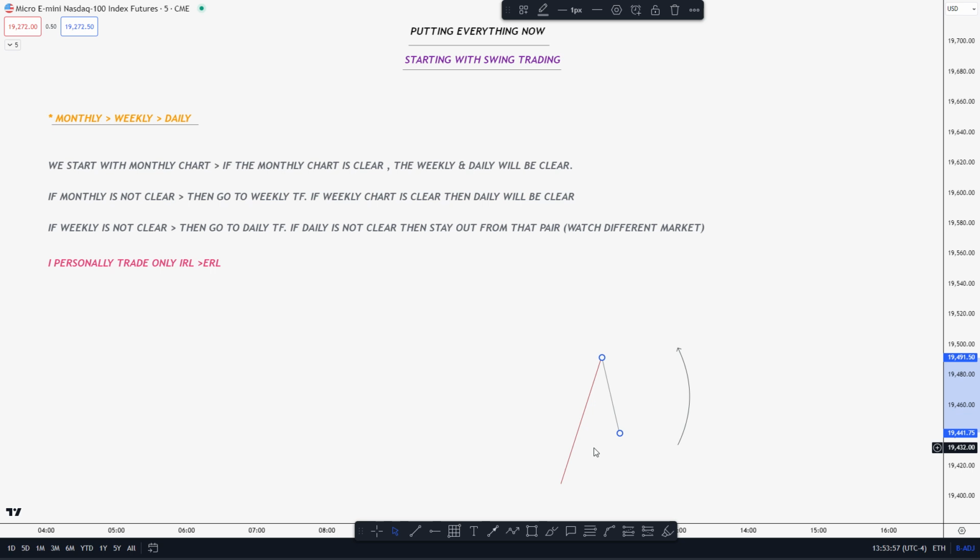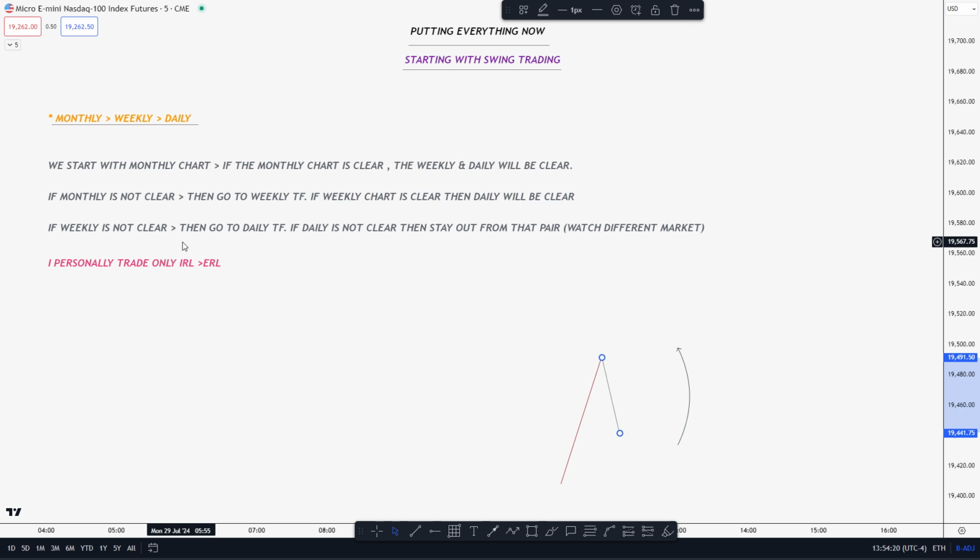Okay, look for other opportunity in different pair basically, or wait basically. Okay, so always remember, if monthly is clear, then weekly and daily will be clear. If monthly is not clear, go to weekly, and if weekly will be clear, then daily will be clear basically. Okay, and अगर weekly time frame भी